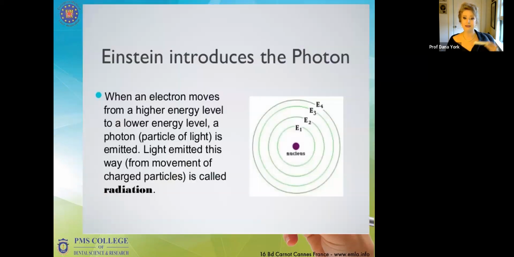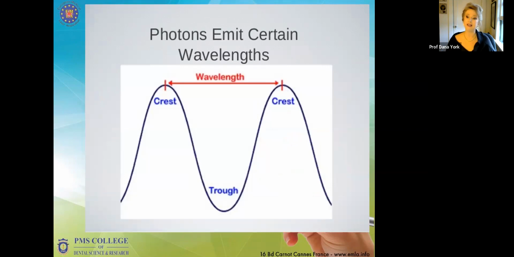What did he do? He found that if there is one electron with a higher energy and another jet of electrons with another energy, when they meet, they cause a particle of light. He called them photons. And that is irradiation. And between two photons, there is a distance which is called the wavelength, the wave of emission of irradiation. And that's how we measure